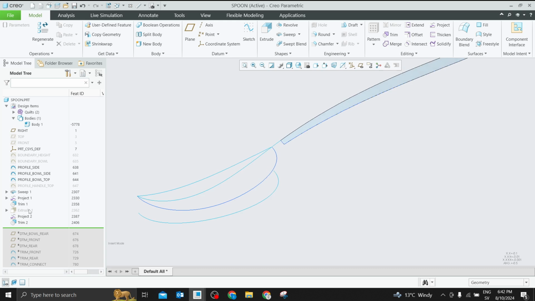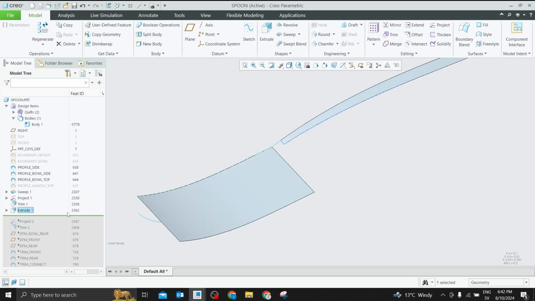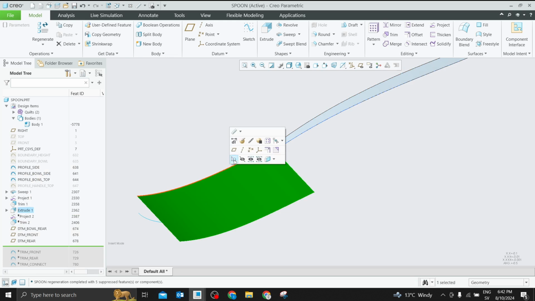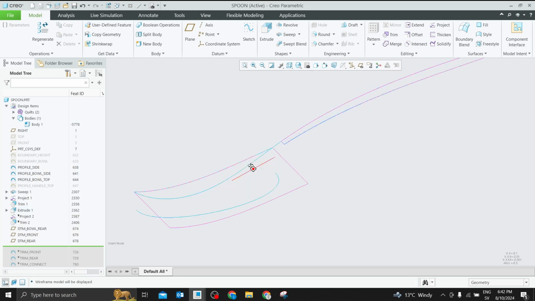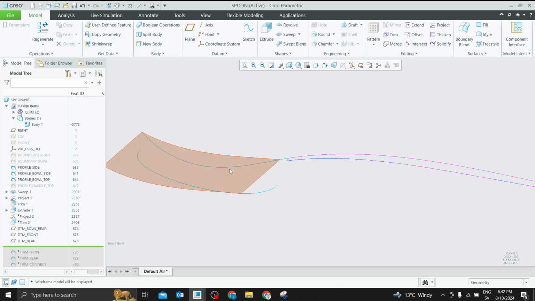Let me first of all undo these two steps. Then we have a surface there. Okay, let's go next. Let me just use wireframes. Now, next is,